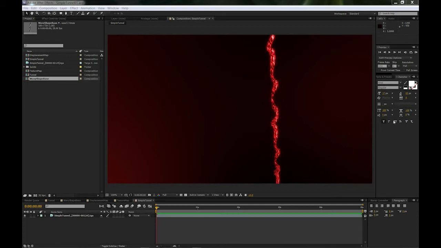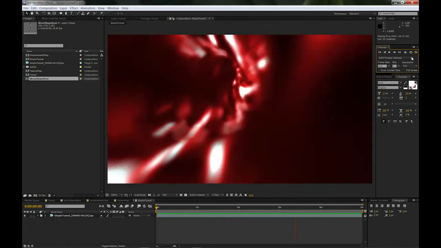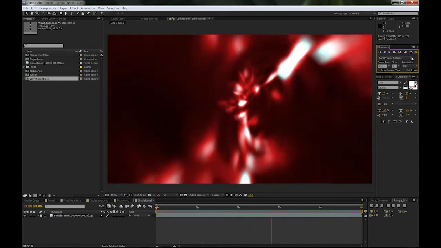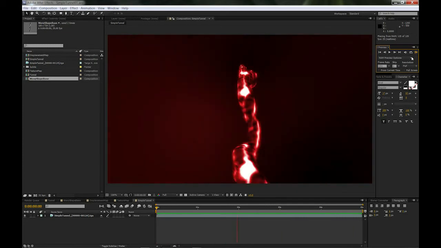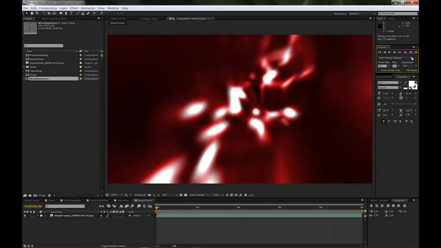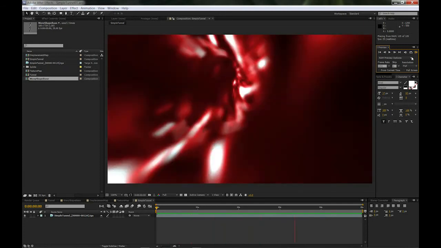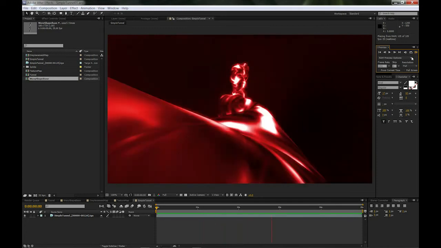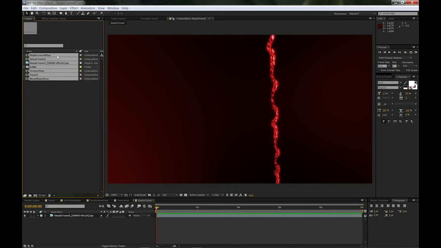Now, starting with this one, I'll show you really quick what the clip looks like. As you can see, it's a pretty organic looking tunnel. You can fly around it and then go inside. Pretty cool looking, I think, for a sci-fi theme, or maybe it can even be used in the medical area, animating blood flowing through veins. That being said, I'm just going to get rid of everything here